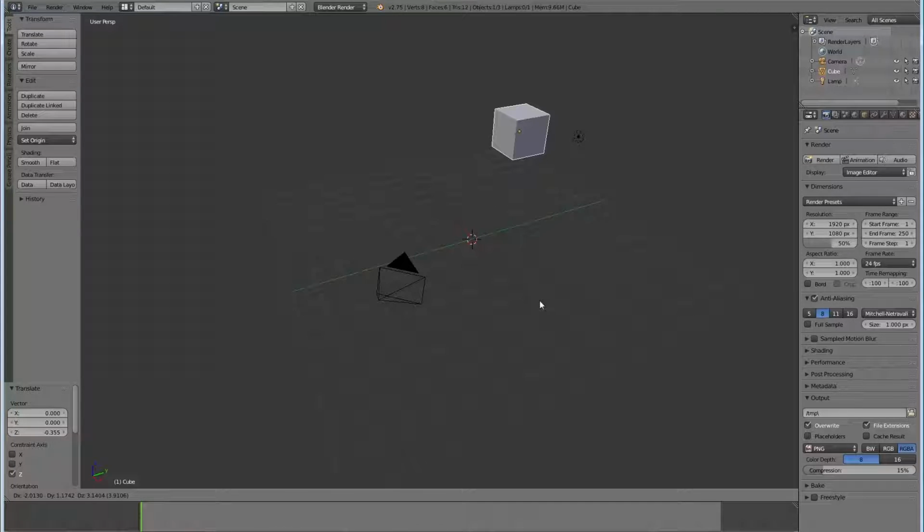If I wanted to constrain it to an axis, all I have to do is hit the name of the axis when in this mode. If I hit X, I've constrained all the translation movement to the X-axis. If I hit Y, I've constrained all movement to the Y-axis, and if I hit Z, I constrain all movement